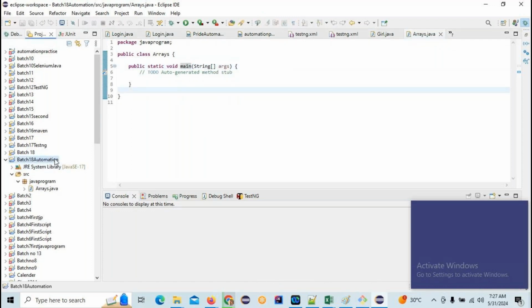I have created a project, created a package, created a class name here. In a similar way, if you come to the project, I have taken the project name as Flipkart, and I have taken the feature as login, and here I have taken the test case file as login.java. In such a way the folder hierarchy will be there. So next,